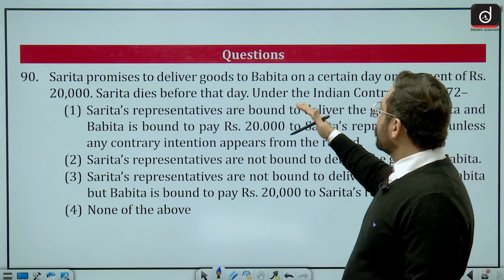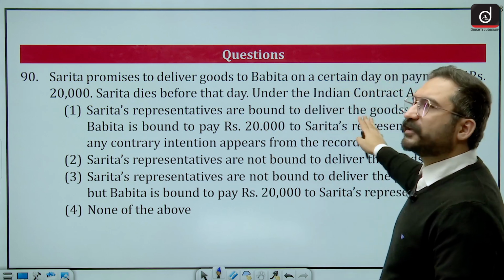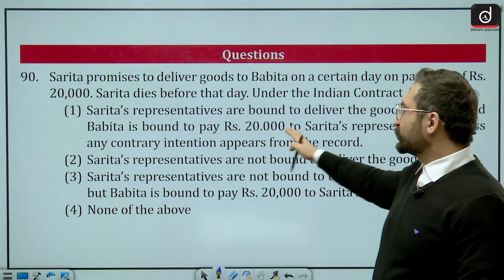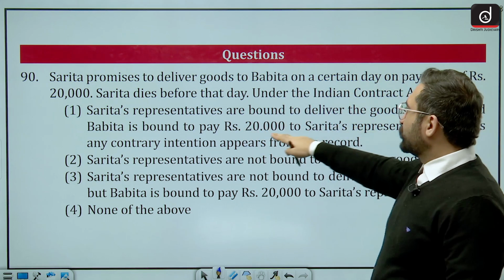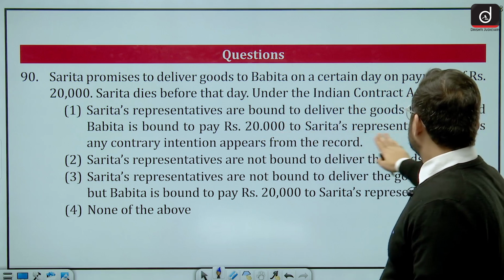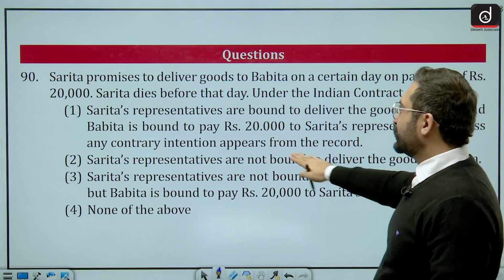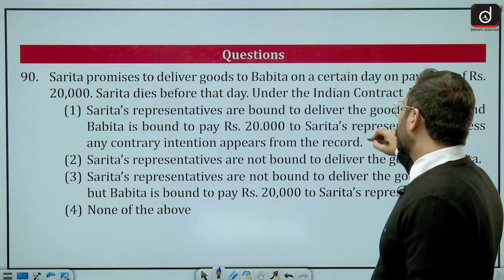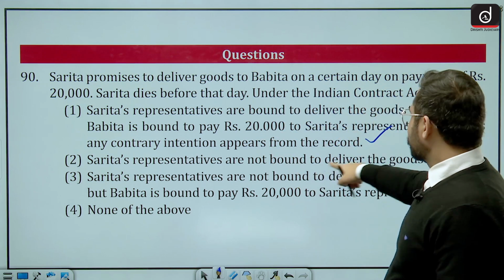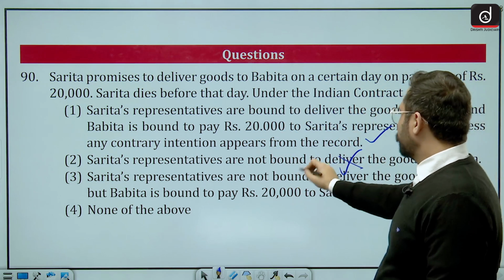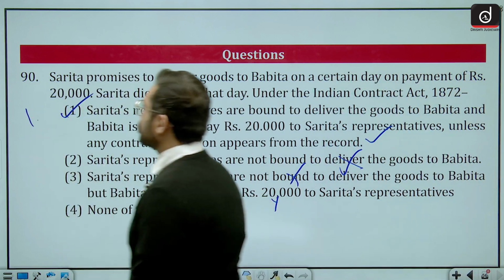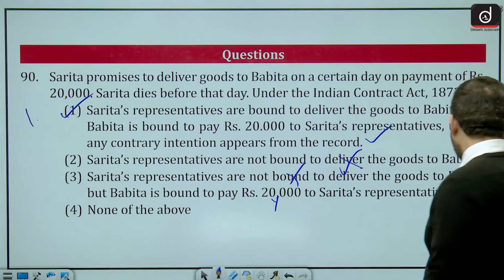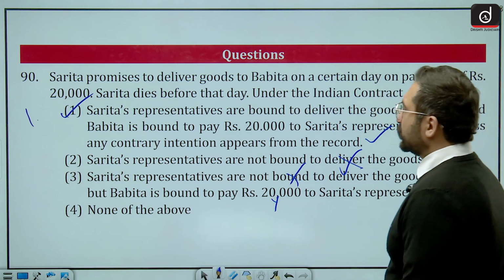So here, if I see the question, I could very well understand that yes, it can be made enforced. Sarita's representative are bound to deliver the goods to Babita, and Babita is bound to pay 20,000 to Sarita's representative unless any contrary intention appears from the record. This is true. Sarita's representative not bound. None of the above. यही सही है. ये बिल्कुल करेक्ट प्रेपोजिशन ऑफ लॉ है और ऐसा दिया भी गया है